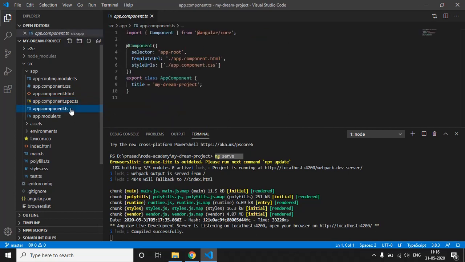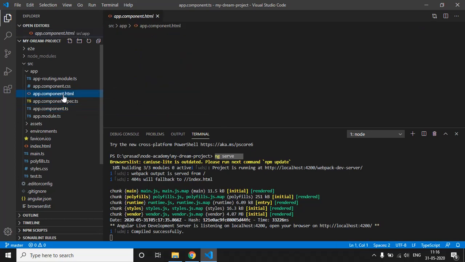If we want to write any functions that should be executed by the particular Angular component, we can write them in this ts file. This is where we write the scripts for our component. So this is the entire component of our Angular application.